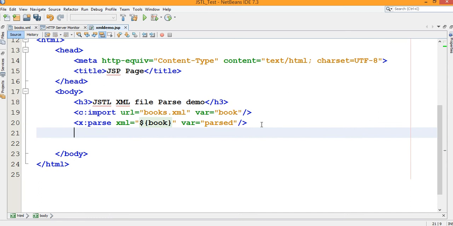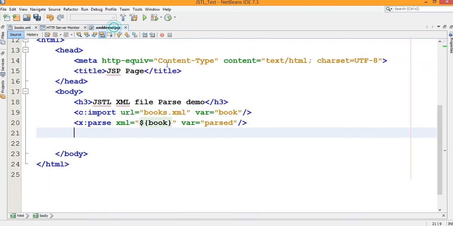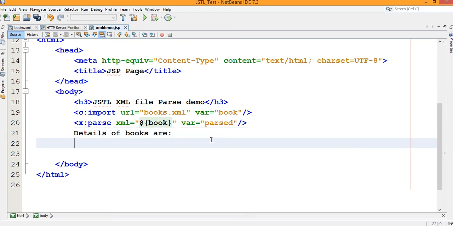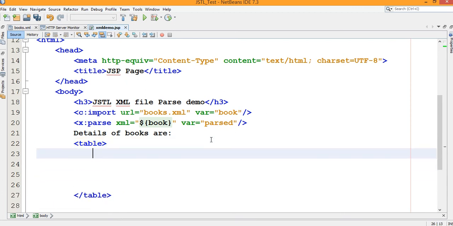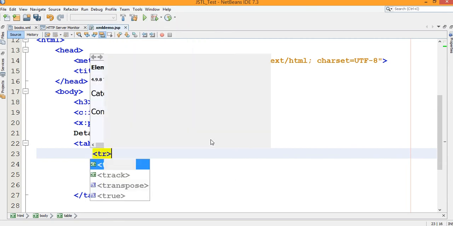So now I do the printing of it. How can you print all the records available in the books.xml file? For that I am creating one heading like details of books. Then I am creating one table, and you know the TR-TD combination, so you can use a table also. If you don't want to use it, you can easily write everything without a table also, but I am using a perfect one.